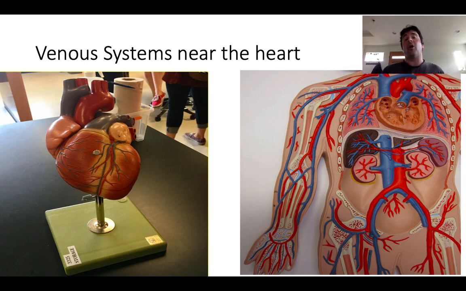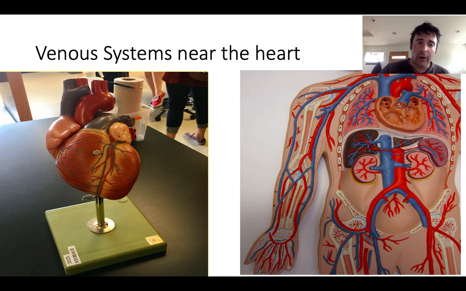So after the arteries branch and form into very small blood vessels called arterioles, they feed into capillaries. Capillaries are the point of exchange. Capillaries are then drained by venules, and then that blood is brought back to the heart by veins. Veins aren't always blue, but in systemic circulation, they're always going to be blue, which indicates oxygen poor or deoxygenated